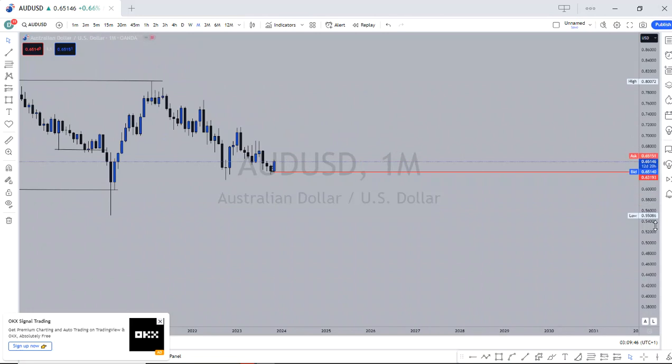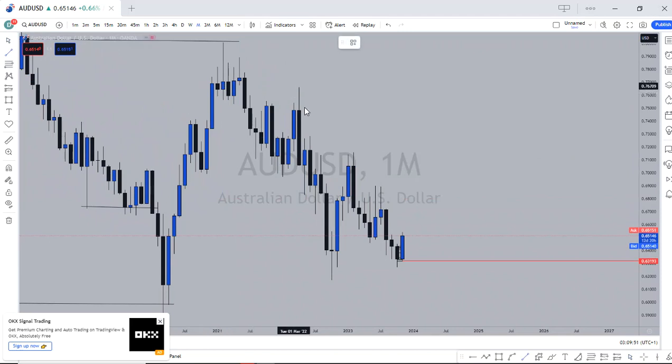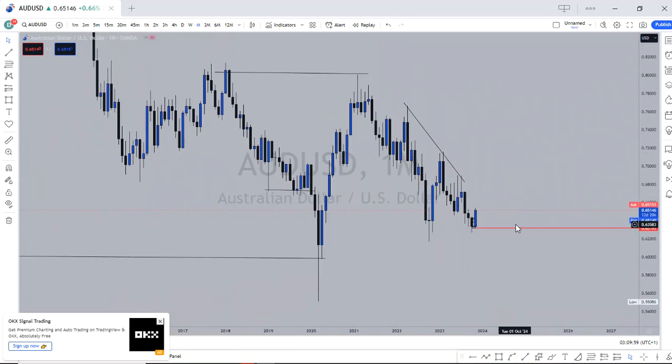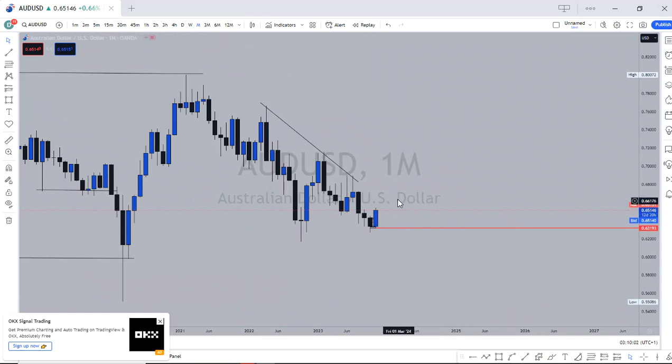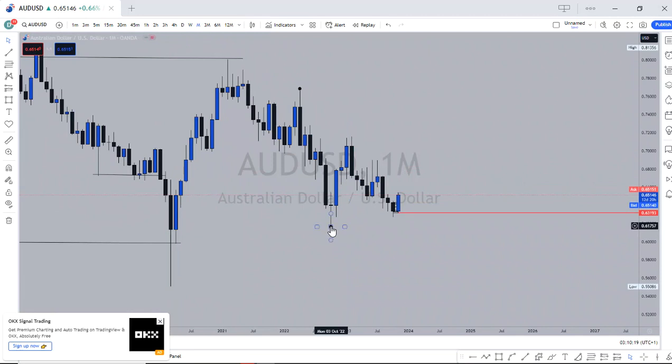Now you're paying attention to how the price is trading. Now you can see that all of this is a trend and is in a choppy market, but it's going in a bearish move, right? But it's a choppy market. Now if you want to mark your structures, your highs and lows, you have this high, and then you have this low, right? And then you have this lower high, and then price traded lower to give you a lower low.